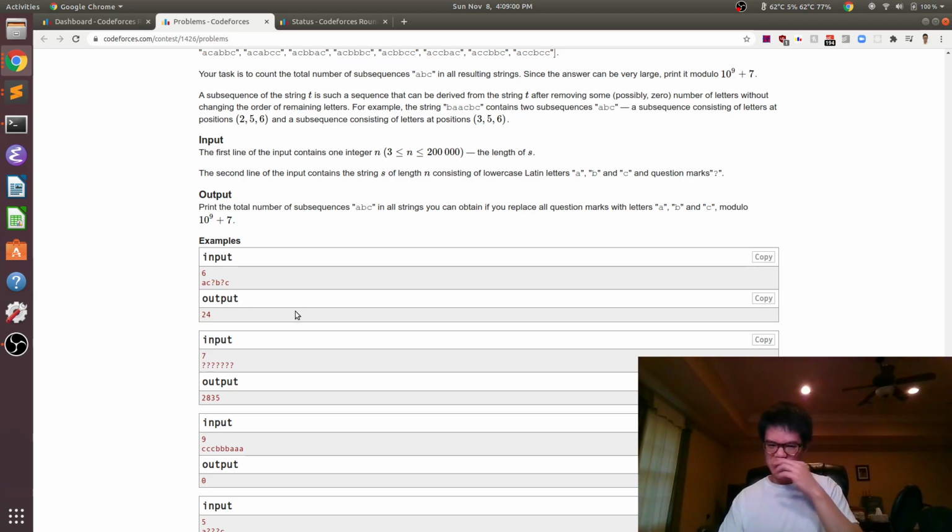And so the key thing there is that for the prefix, if I want to get an A from an A, then the number of ways to do that is just 3 to the power of the number of question marks in the prefix. And then if I want to get an A from a question mark, then it's going to be 3 to the power of the number of question marks minus 1, because we've decided that that one particular question mark is an A.